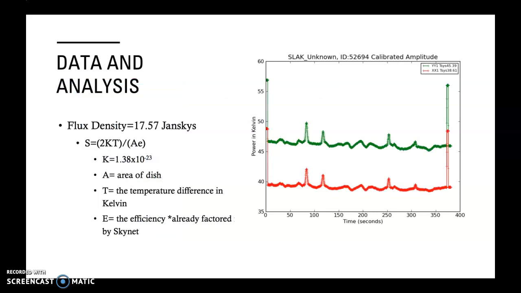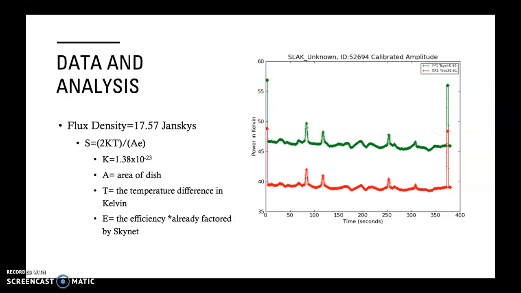After a few days, the observation from Skynet had been completed. Moving forward, we began collecting the data provided to complete our calculations. The first step was to find the flux density of our object using the equation displayed on the screen. We found the area of the dish to be